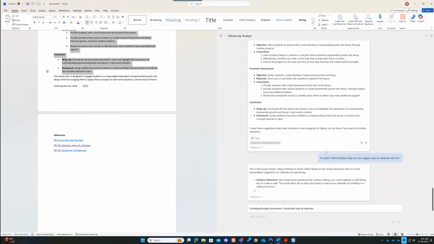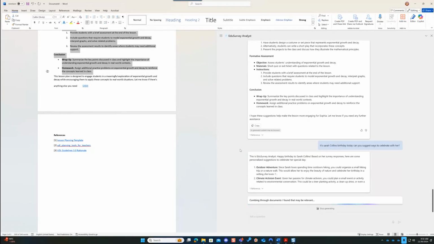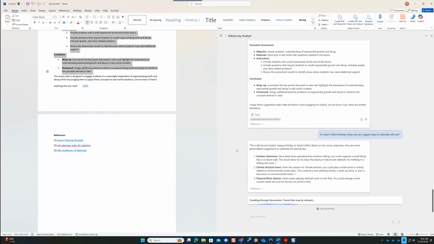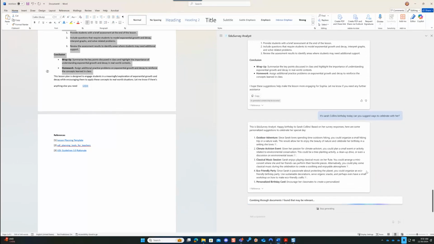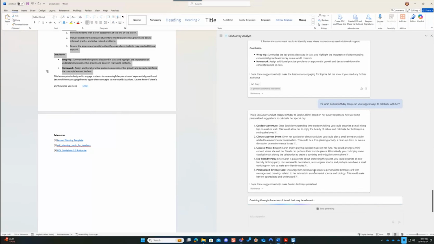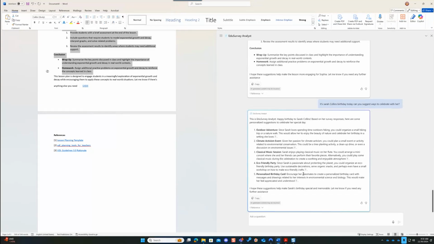And it's going to say, hey, look, these are some things she loves. I don't know if these are realistic ways to celebrate in a classroom, but an outdoor adventure, climate activism, classical music session, an eco-friendly party, personalized birthday card. So it's going to go through that survey data that she put and say, hey, look, these are some things they like. You can ask questions, and this is kind of that real-time feedback that when you have 150 students,